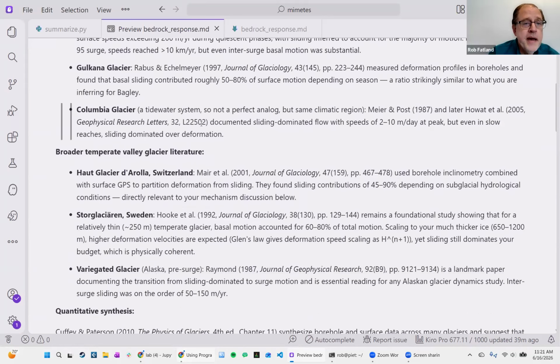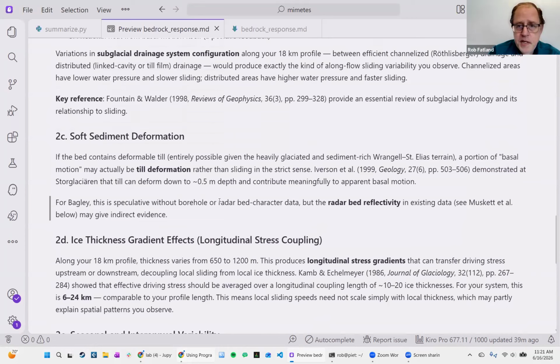It casts a wider net and starts talking about glaciers that aren't in Alaska. Very good. Then it goes into the physical mechanism for the sliding speed range, and it does a pretty reasonable job of going through this set of ideas. Because I capped the number of tokens it could send back, it stops on section 3 with specific papers and data sets. So, at least at a glance, this is a perfectly reasonable set of ideas and references that came back in response to this query. So that's step 6, and now we can move on to step 7.